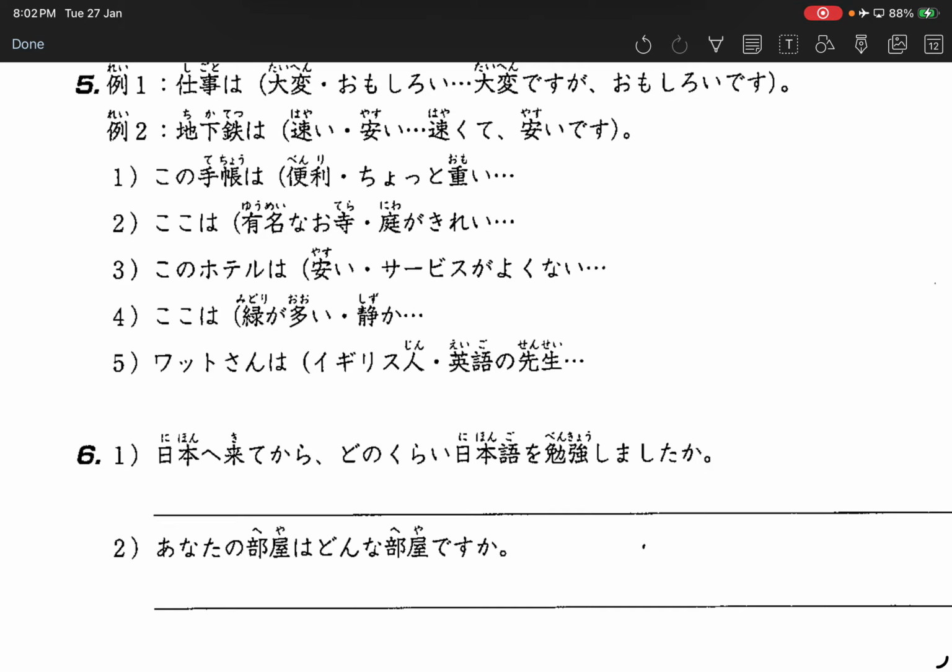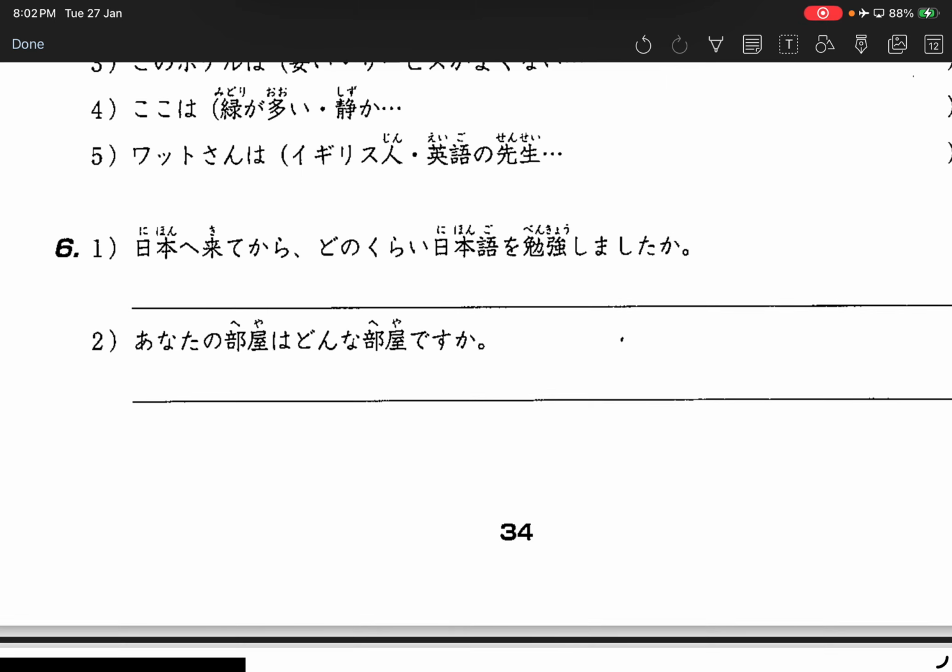ワットさんはイギリス人で英語の先生です。Alright. Moving on, number 6, open-ended questions. 日本へ来てからどのぐらい日本語を勉強しましたか？日本に来てから 1ヶ月日本語を勉強しました。So, one more time, please. 6ヶ月。6ヶ月くらい日本語を勉強しました。